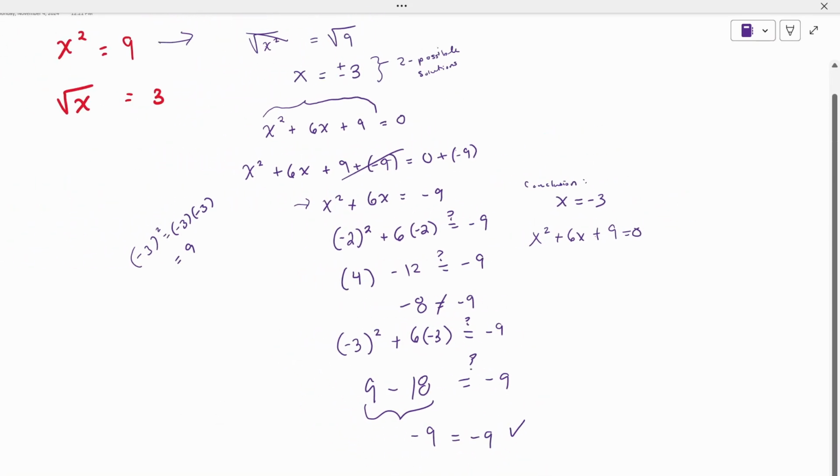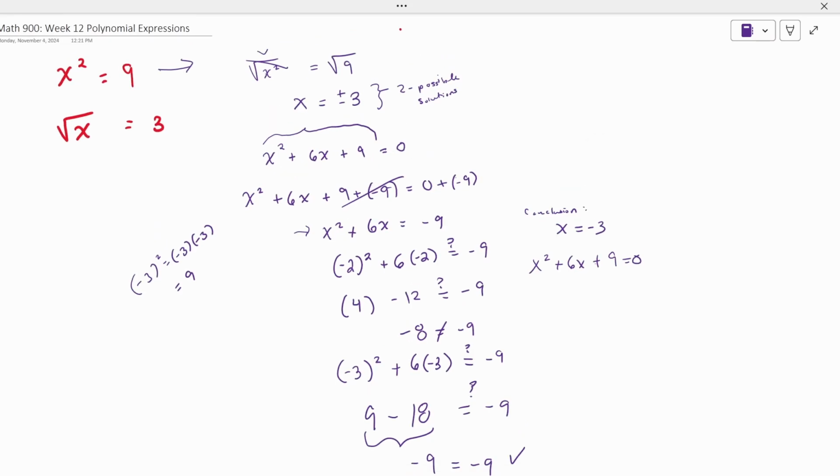And of course, we're stuck with the question of, is there possibly another solution? Just like here, where you had taken the square root of both sides and you were left with two possible solutions, the question would be whether or not there would be two possible solutions for this. Negative 3 certainly satisfies this equation, but